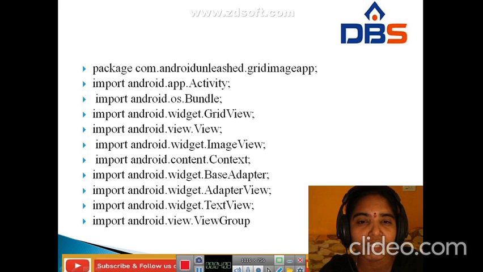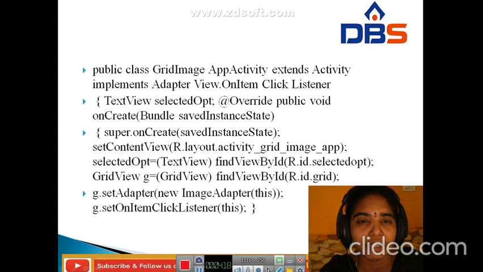Next, from the widget package, import ImageView, Context, BaseAdapter, AdapterView, TextView, and import android.view.ViewGroup. Here in this grid image app, the activity extends Activity and implements the adapter view's OnItemClickListener. We are using the onItemClick listener method, and the onCreate method.